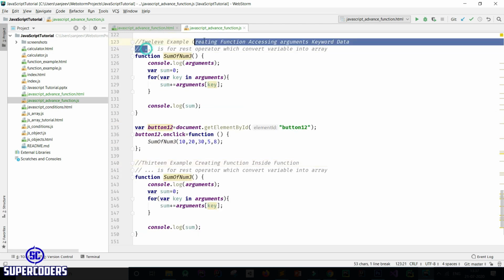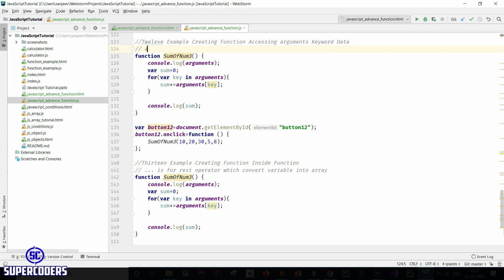Also change this: arguments is a global object inside function scope which holds all the values in array which we pass in function.